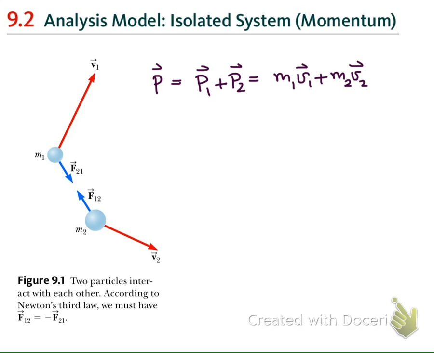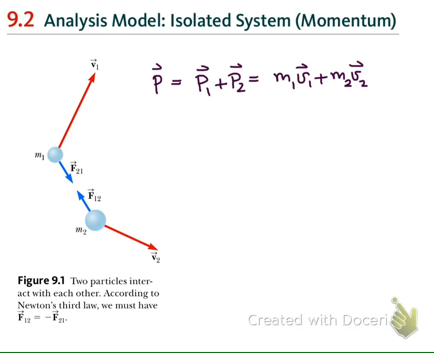Next, let's assume that the system is isolated. That is, there are only the interaction, the force from the interaction between these two particles only. There is no external force that interacts with these two particles. So, if the force on the particle 1 from the particle 2 is F21 and the force on the particle 2 from the particle 1 is F12,